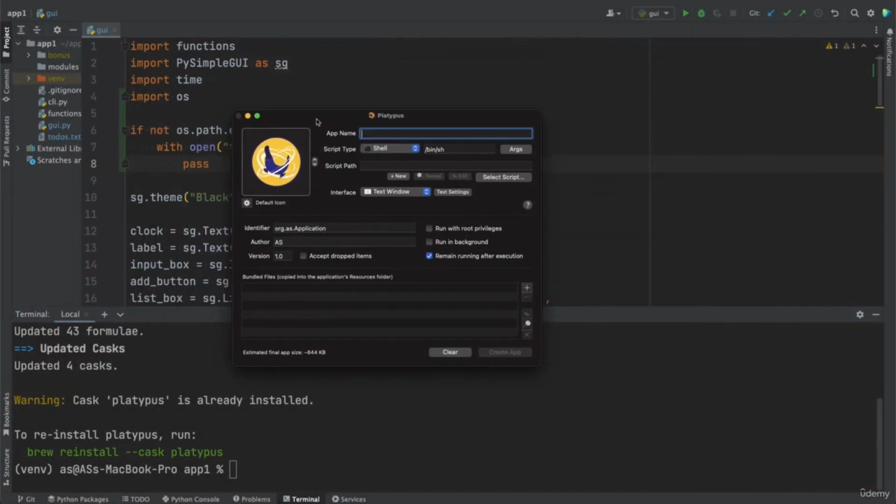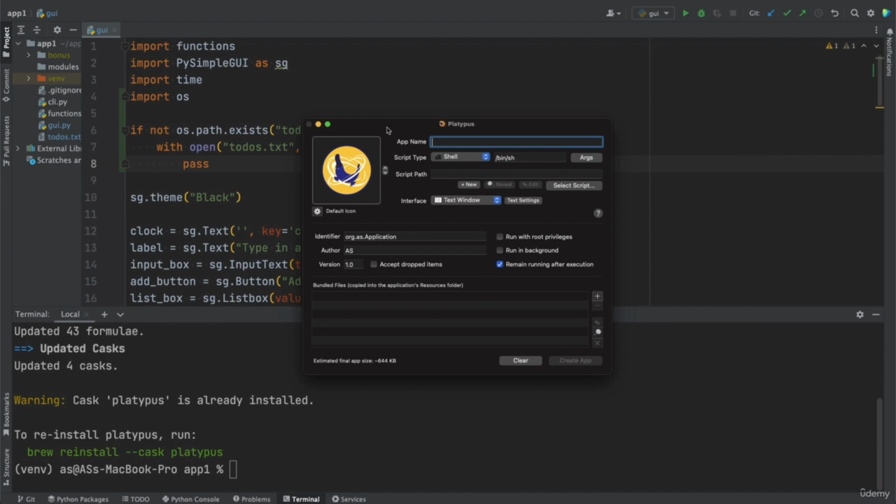It should look something like this. And let's begin to input the parameters here. So the app name, this is going to be the name of the standalone app that you will create. So let's keep it simple, my to-do app. Then you can leave this as it is, but in here you want to specify the path of your Python